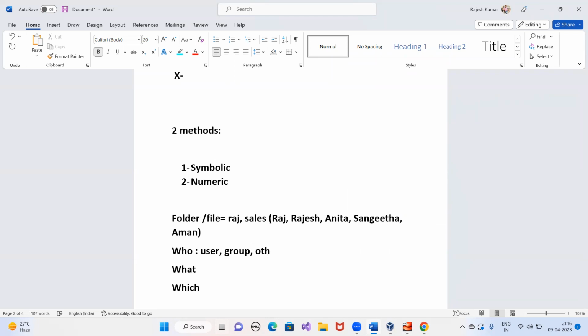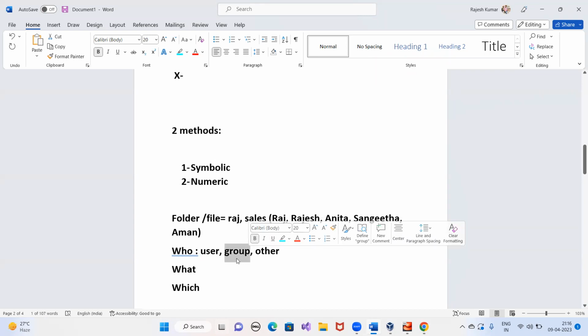Now, who can be other as well? Other means the person who is not the owner of the folder or file, or who does not belong to my group. Suppose I have given the permission to Raj, so Raj is my user. I have also given the permission to a group.